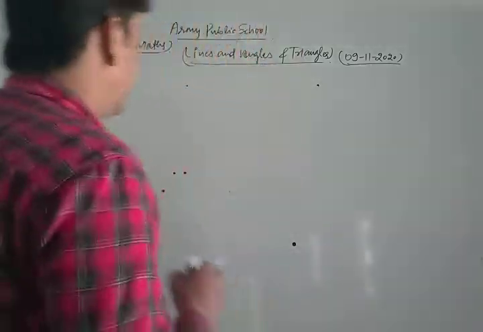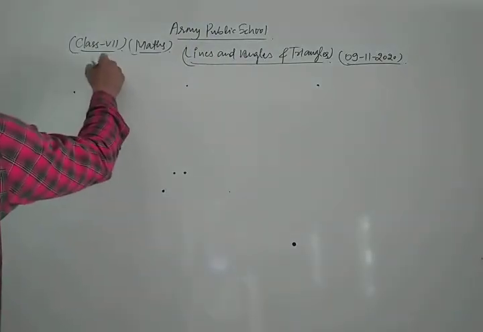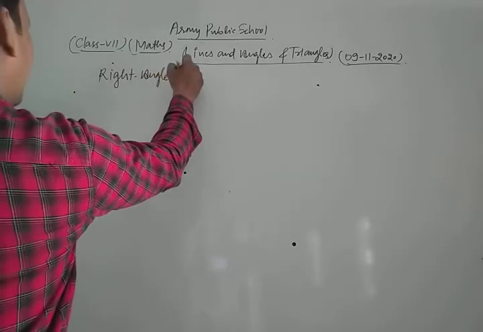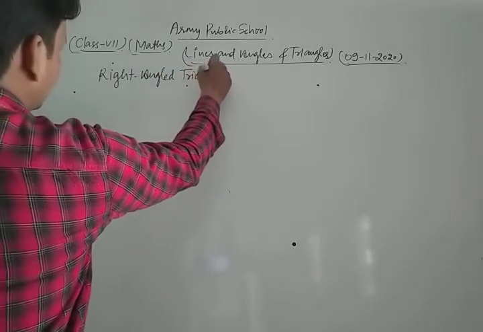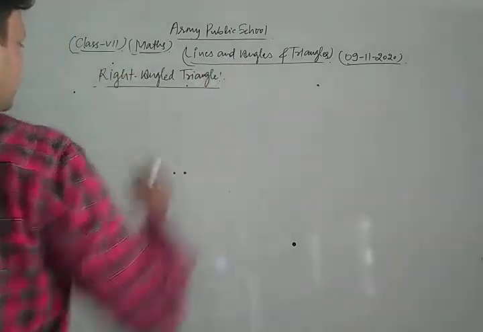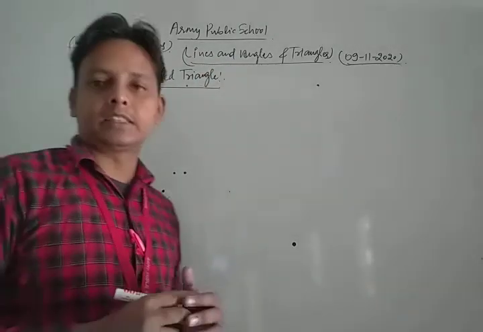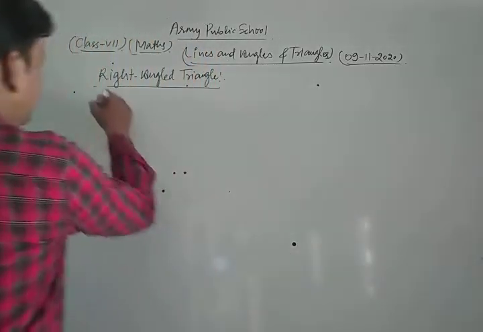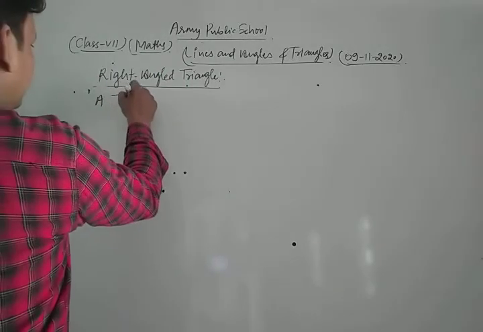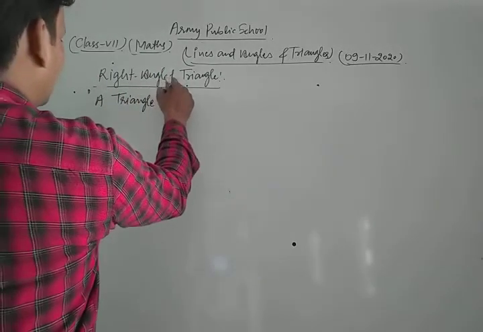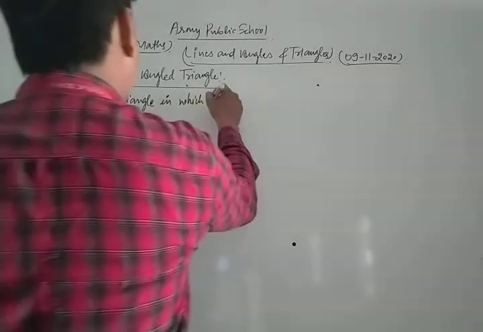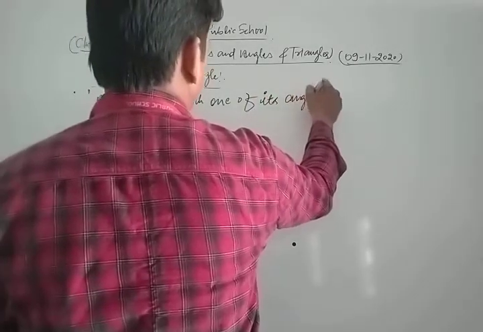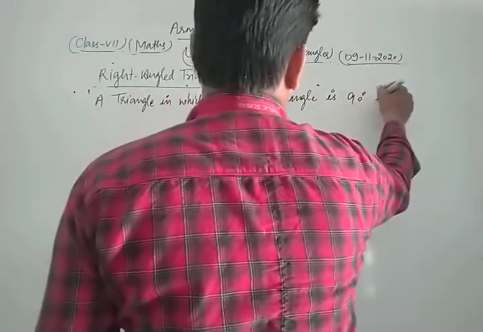Let's see. So first of all we discuss, dear friends, the right angled triangle. Dear students, you know that very well. What is the concept of a right angle triangle? Dear students, a triangle in which one of its angles is equal to 90 degrees. A triangle in which one of its angles is 90 degrees